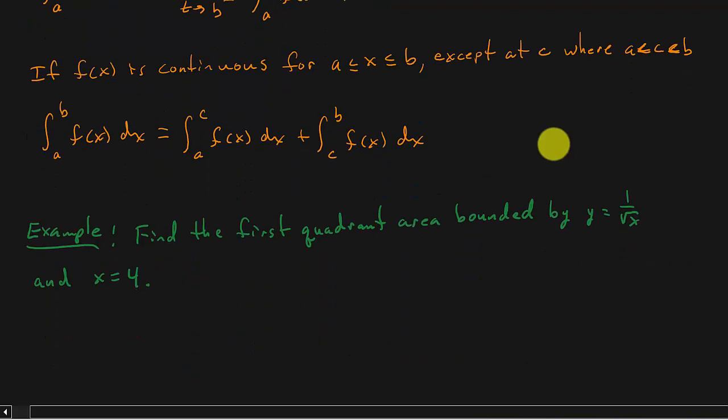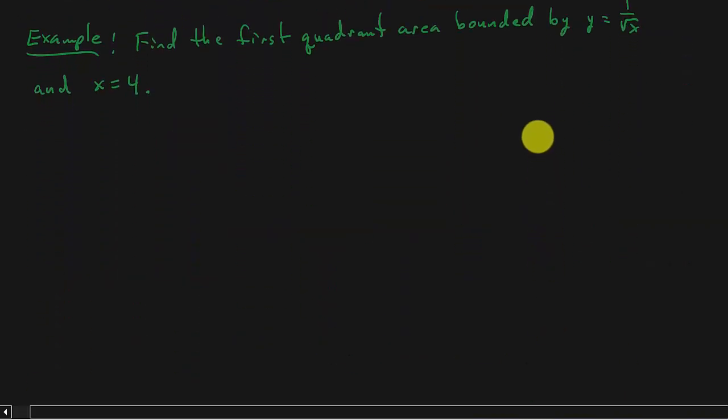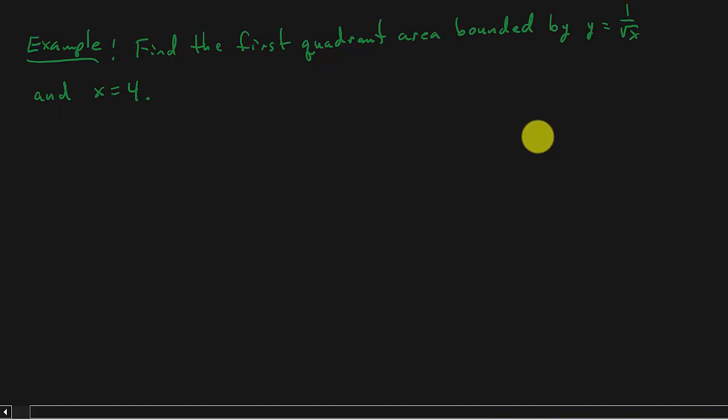All right, so let's do an example. Find the first quadrant area bounded by y equals 1 over square root of x and x equals 4. So this right here is just finding the area. Remember when you did area between curves? Okay, so if we graph this thing,